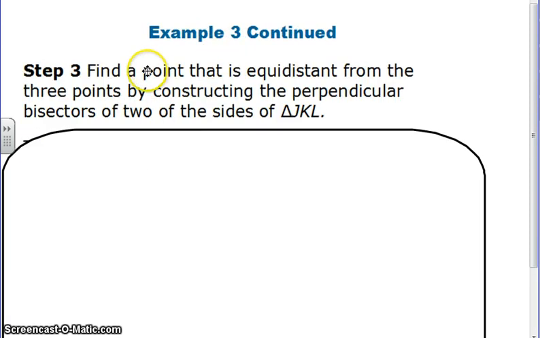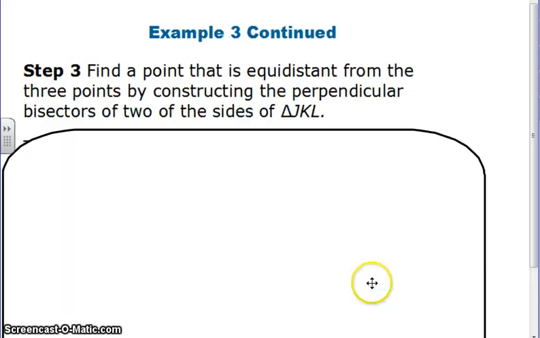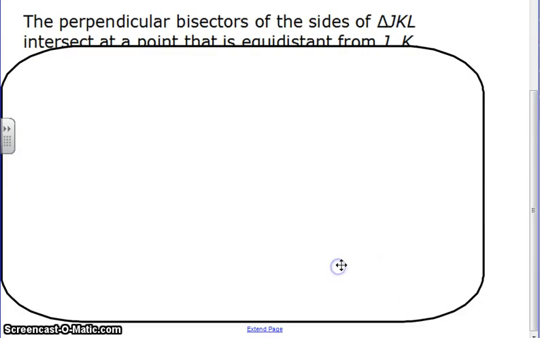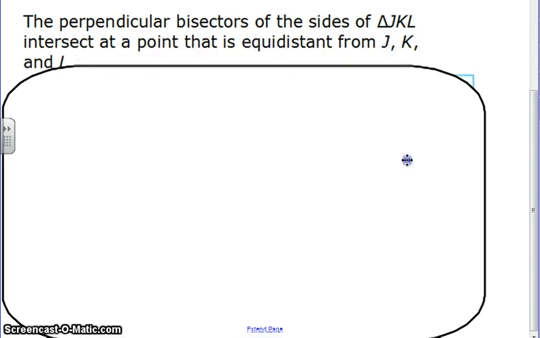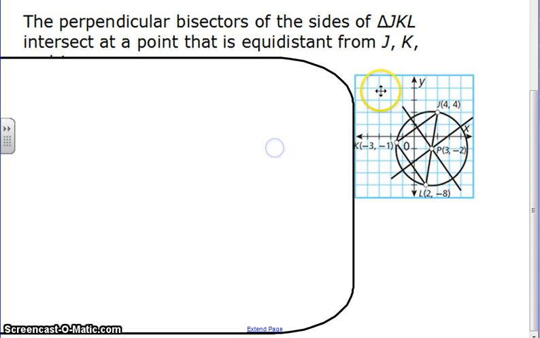Next, you would want to find a point that is equidistant from the 3 points by constructing the perpendicular bisectors of 2 sides of triangle JKL, right? Perpendicular bisectors, okay? And the perpendicular bisectors of the sides of that triangle intersect at a point that is equidistant from J, K, and L. So here we have it. Here we have the bisectors. Perpendicular here,